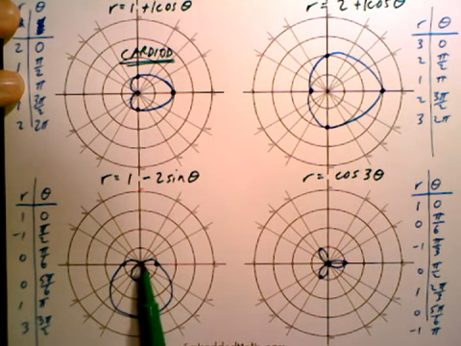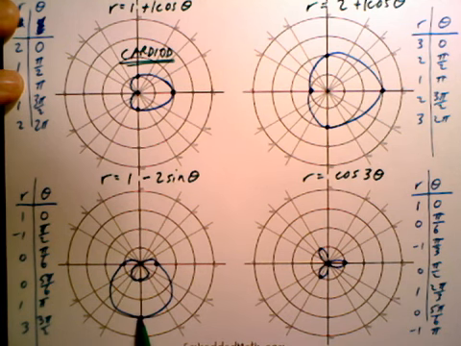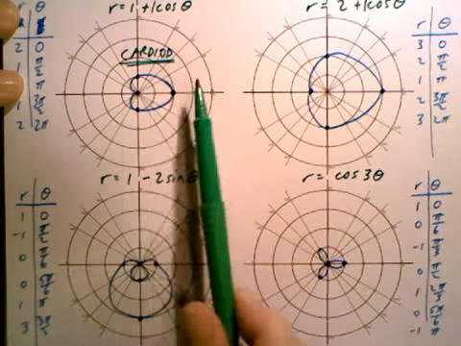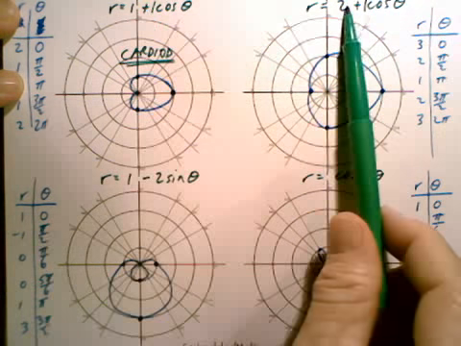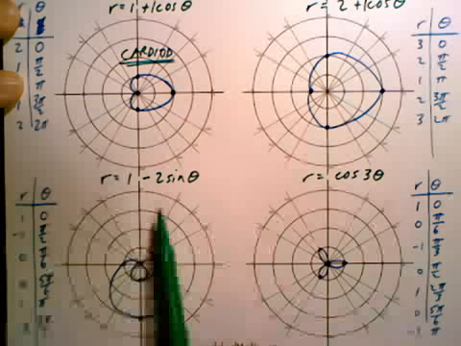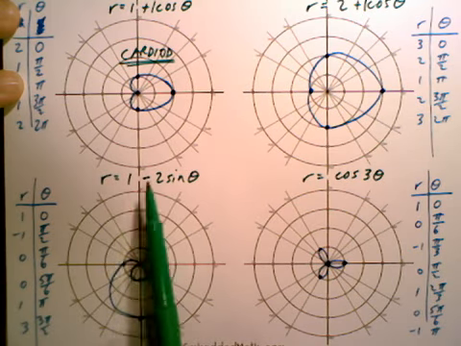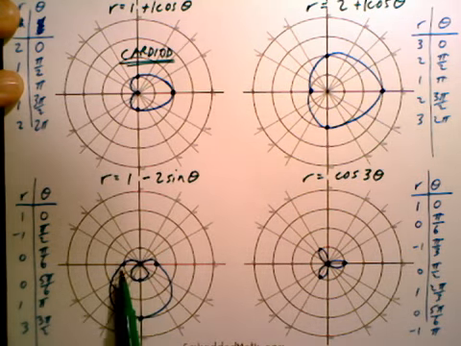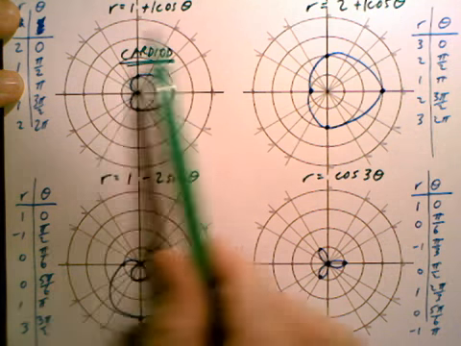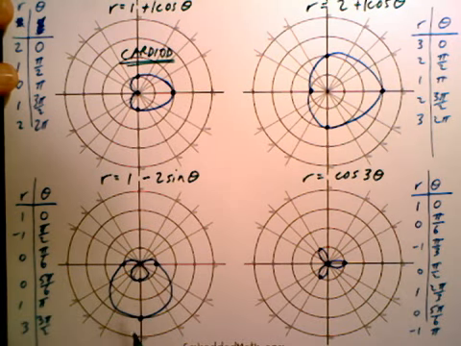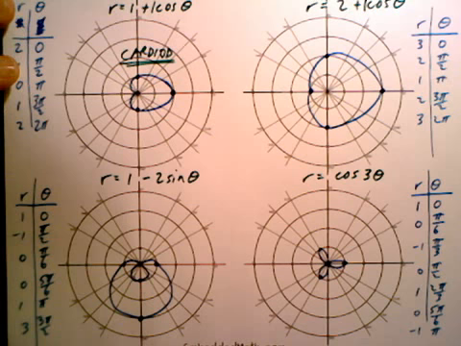So it comes back to the pole and it makes a loop here, and then comes back around at the end of 2 pi. So you can see one of each. The two numbers are the same. First number is bigger. The first number is smaller in absolute value than the second number, and you get a little loop. So these are the special kinds of limacons that we're going to be studying,